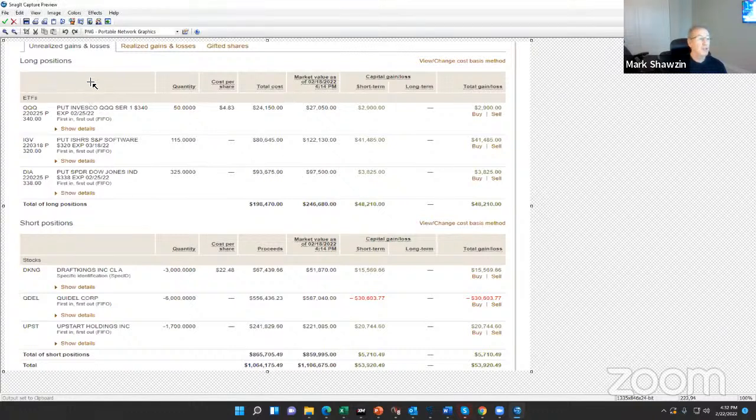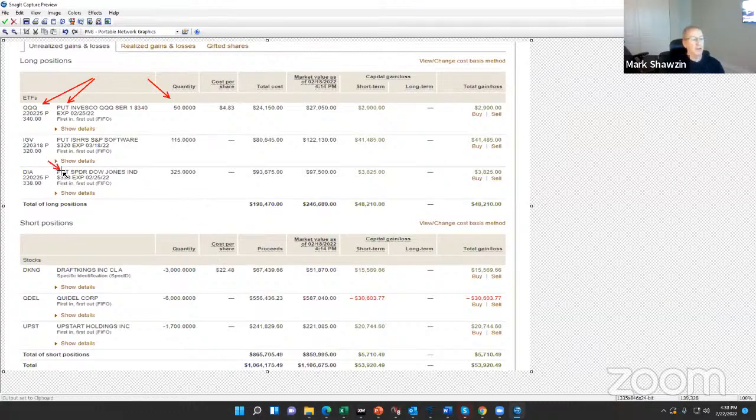So I was long these put options. A put option is a bet on the downside of the triple Qs. The triple Qs are an ETF that approximates the NASDAQ. So if you want to bet on the downside of the NASDAQ, you just either go short the triple Qs, or in this case, I bought these put options, which are very leveraged bets. There was a rally today. I actually increased my put options significantly into the early morning rally, and then markets plunged. I got out of it.